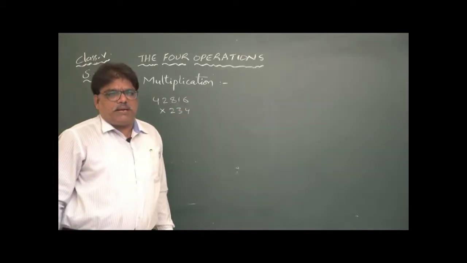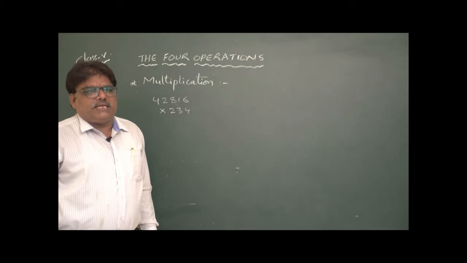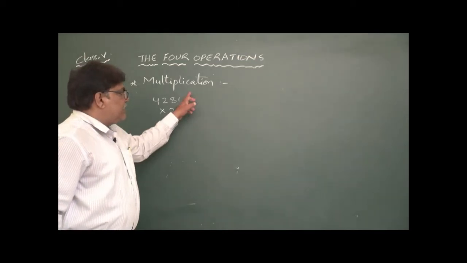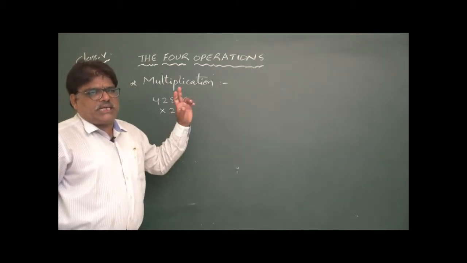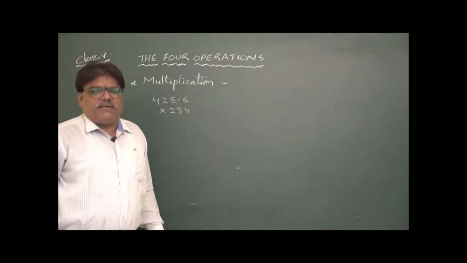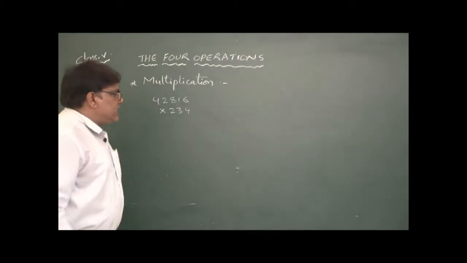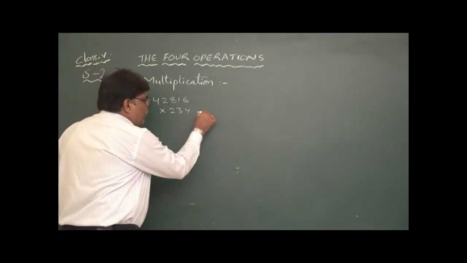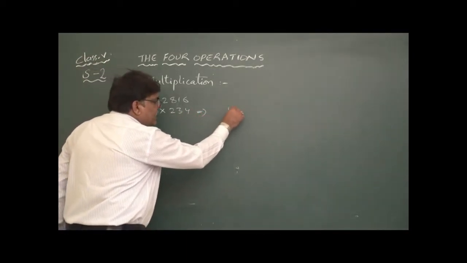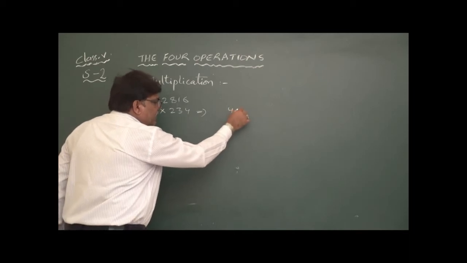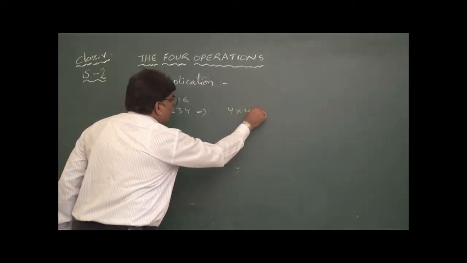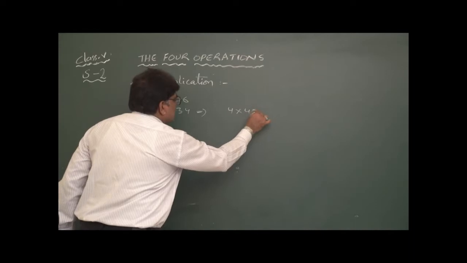While we are multiplying here, we are using a 3-digit number. In this session we have 2 principles we would like to follow. In this 234, 4 is in the units place, so we can multiply 4 by 42816,